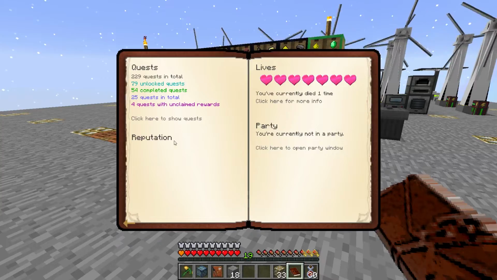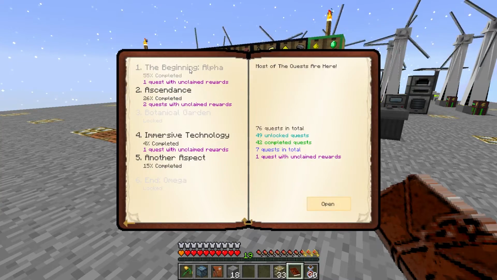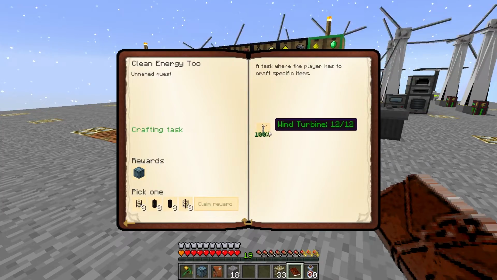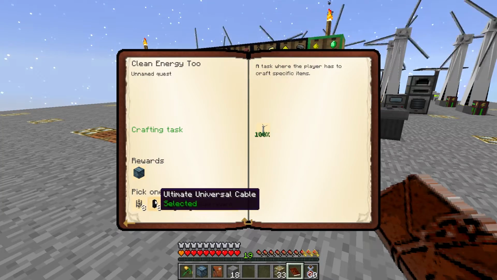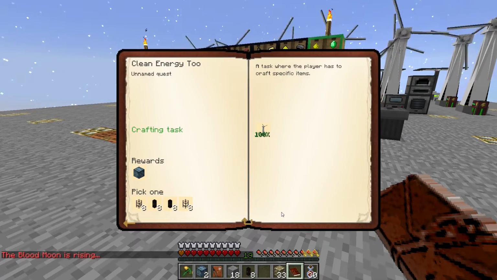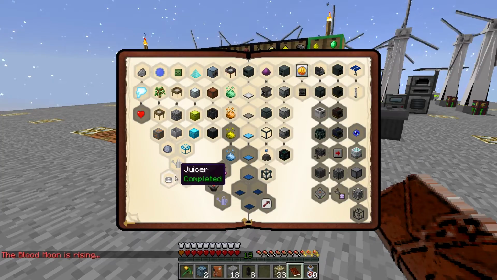And what I need to do is pick up some quest rewards. Let's claim some of these. We can claim up the wind turbines that we made a long time ago, finally. And I'm going to take the electrical cable. And then we've got the